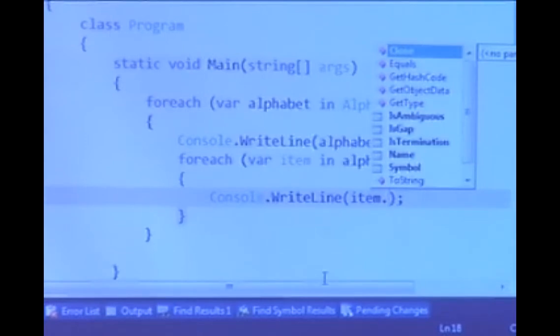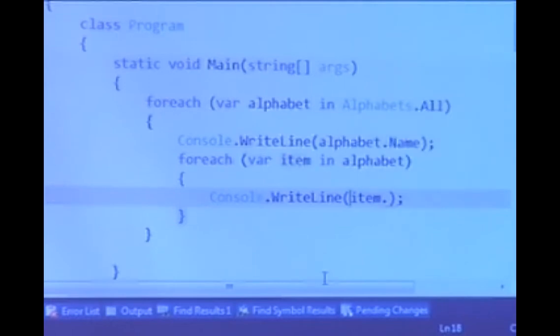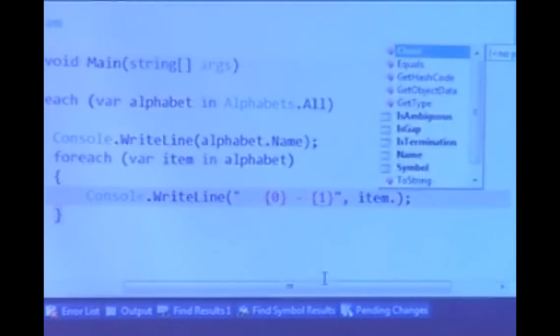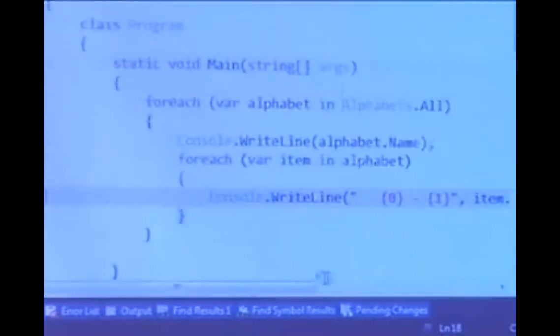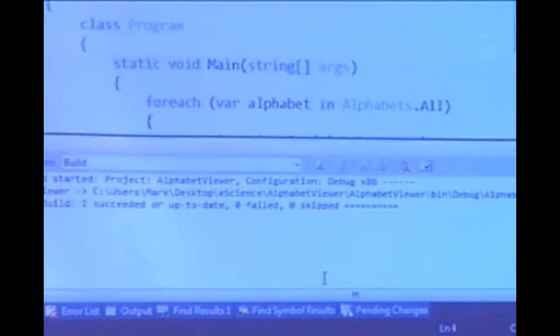So let's dump out the name and the symbol. Let's put a little bit of space in there so that it's distinguished from its parent. So we'll use name and item.Symbol. Okay, let's run that and see what it does.